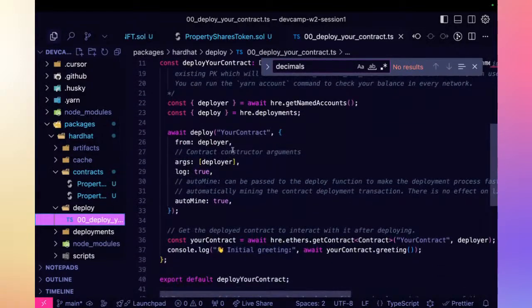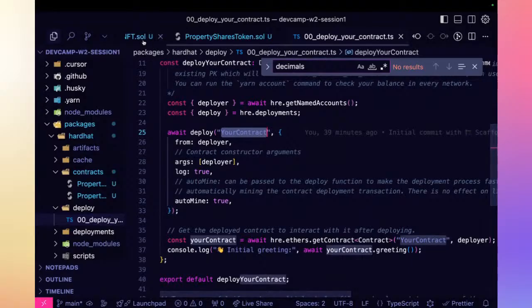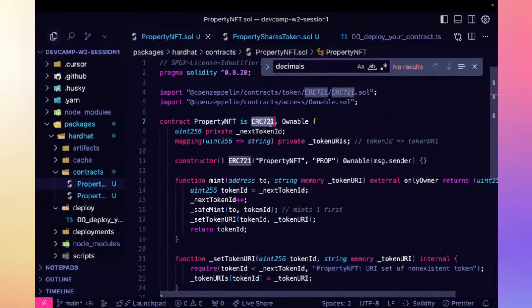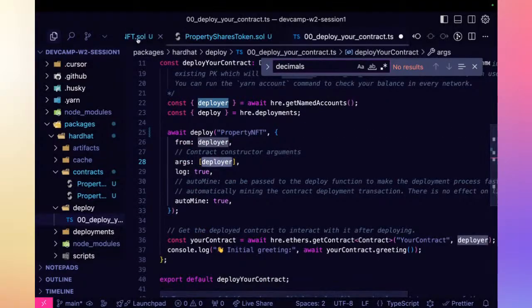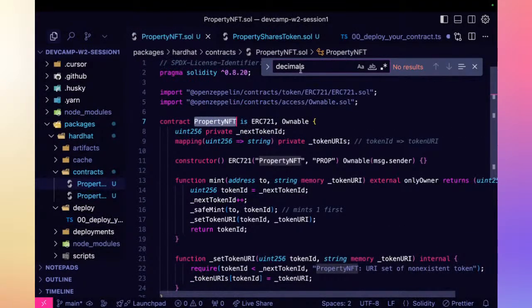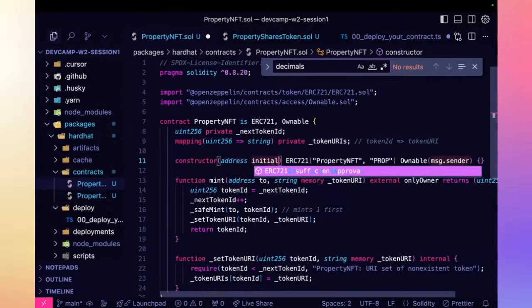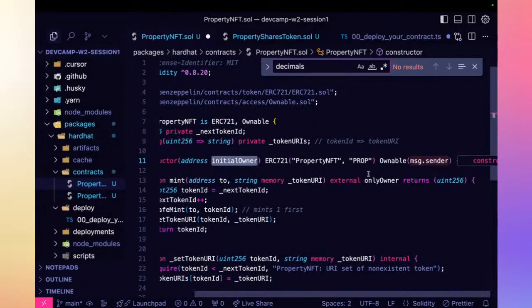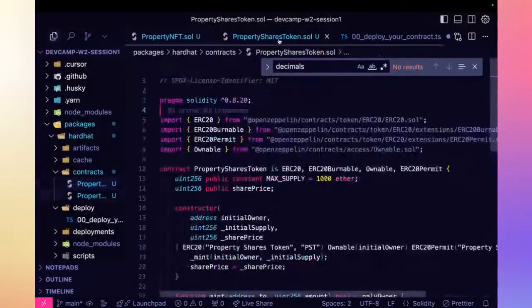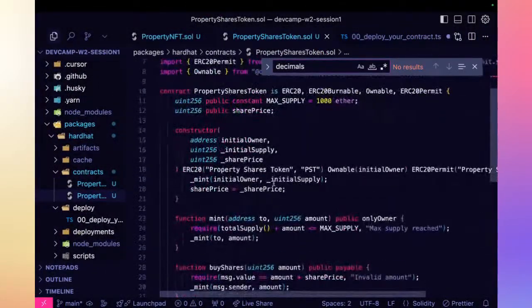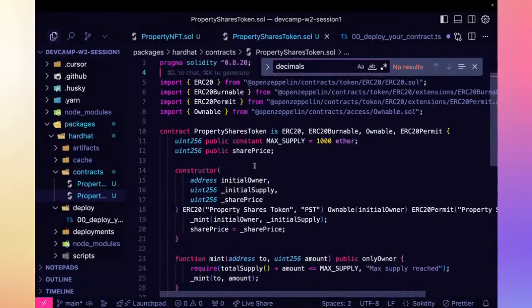Here, just to make it fast, we will first deploy the ERC721, which is PropertyNFT. This one doesn't have any arguments. I'm going to switch this address to the owner. You can use it as well for the initial supply and share price.